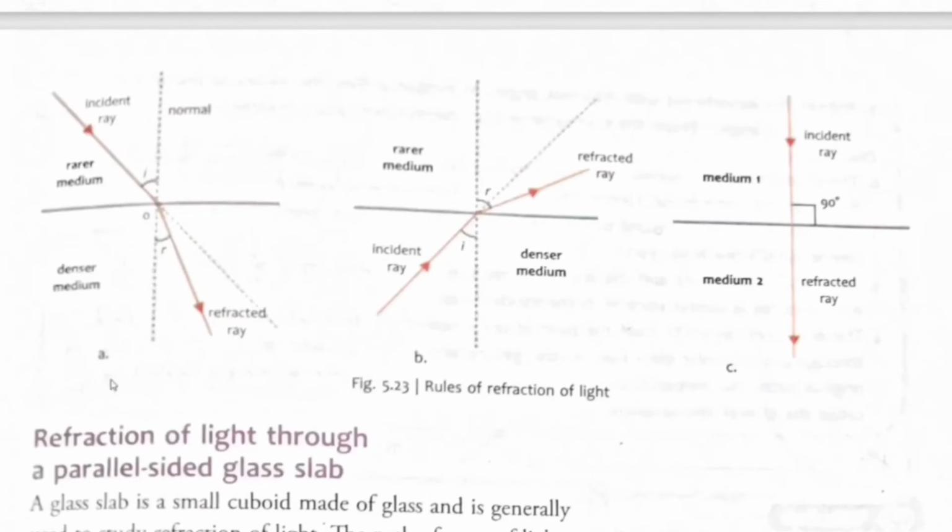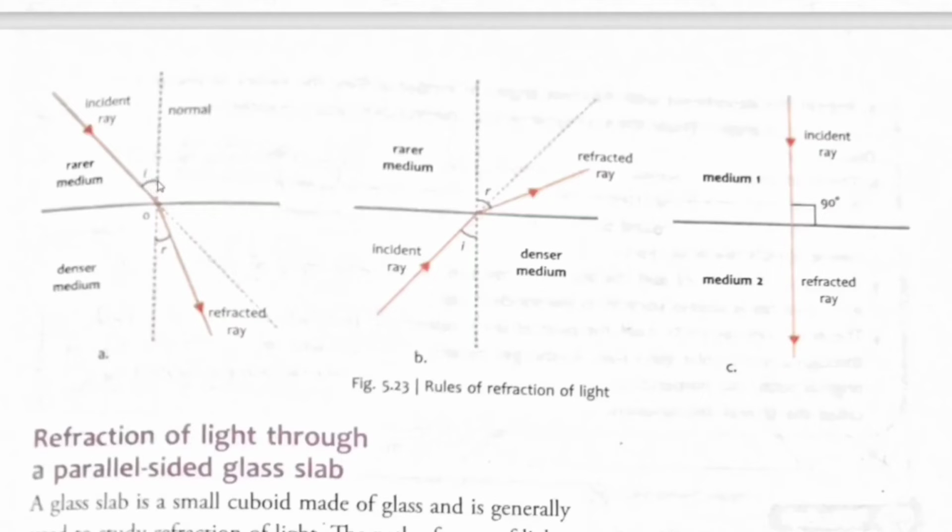Students, the first rule is that the incident ray must strike obliquely at the surface of separation. It means at the point of incidence, the incident ray must strike obliquely or slanting. And when a ray of light from a rarer medium enters into a denser medium, its speed decreases and it bends towards the normal. For this reason, the value of r, the angle of refraction, is less than the angle